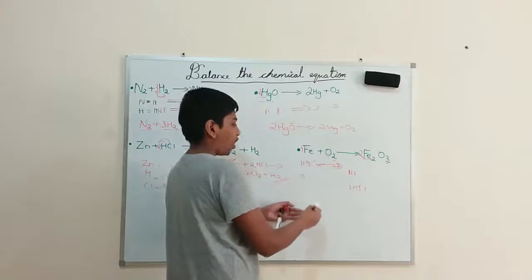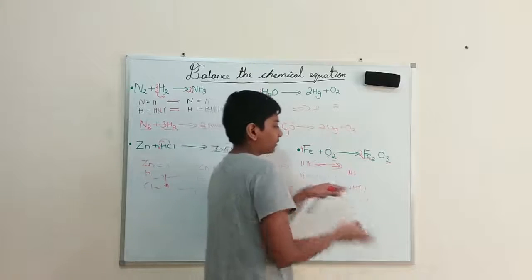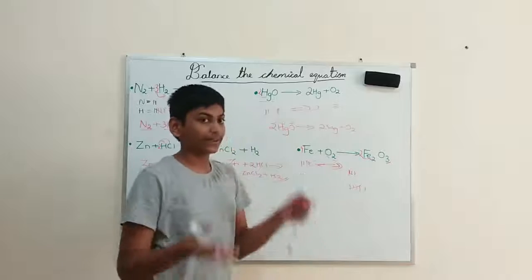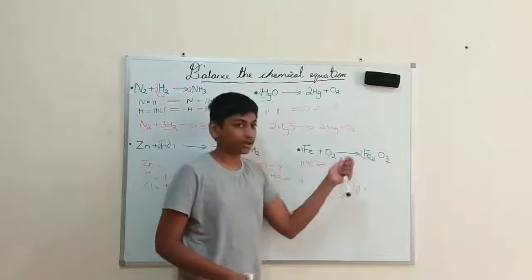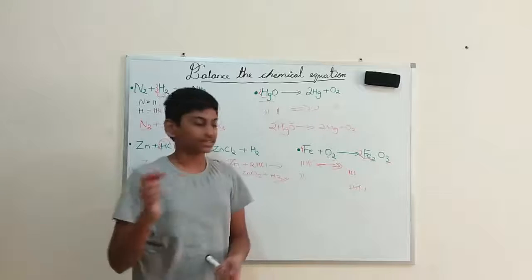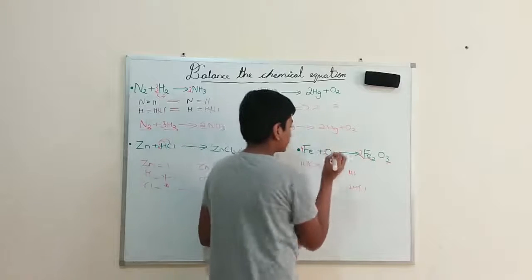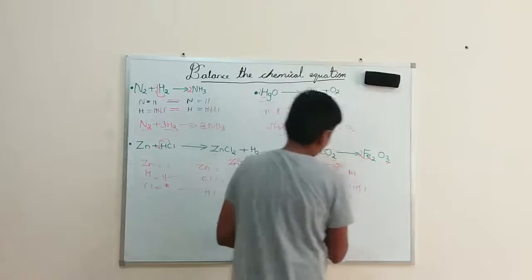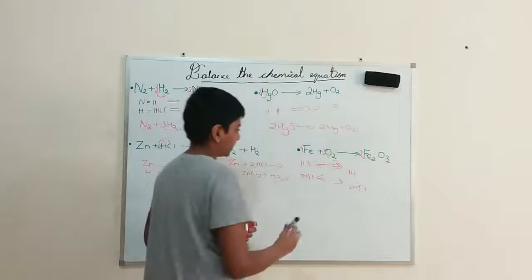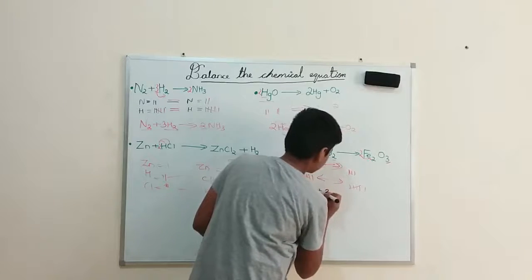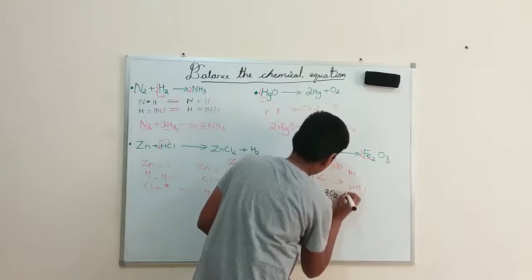But if you see my oxygen here, I am having only 2. But here there is 6. So what should I multiply it with? 3. Why 3 if you ask? Because there is already 2 over here. So 3 into 2 gives us 6. So we will get 6 oxygens even over here. So our chemical equation is balanced. Okay, so let's write it. 4Fe plus 3O2